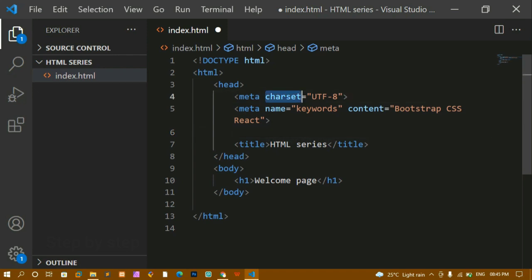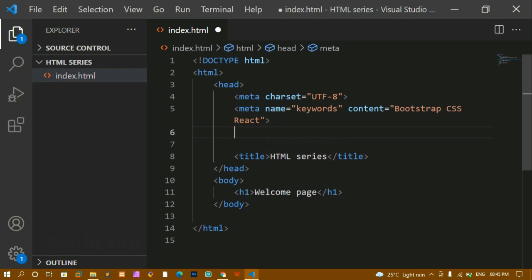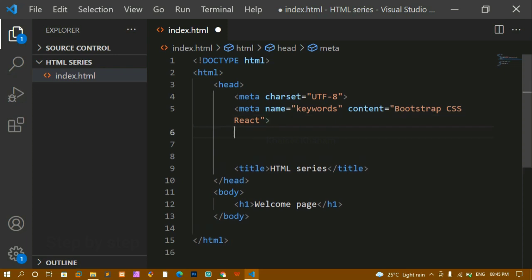We have seen about charset, keywords, name attribute, and content attribute. Next, in the same way, I am going to show how to give the name. This entire data, whatever I am giving inside this, will not be displayed to the user. These are very useful for the browsers, and this will be machine parsable, parsed by the machines. This will not be seen by any user.